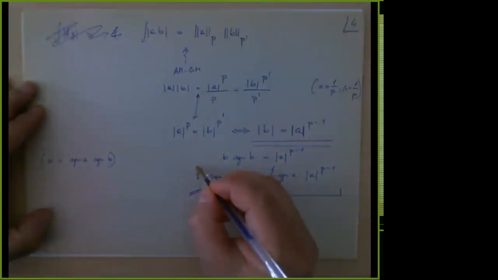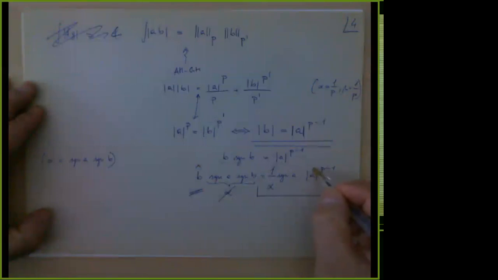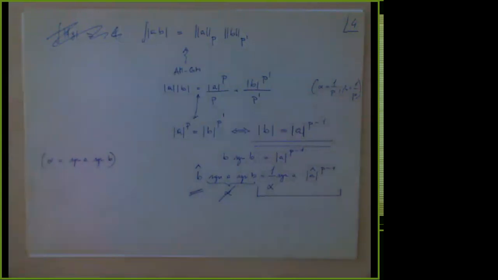In other words, I repeat, if we have this, we have also this: the sign of A and the sign of A hat are the same. Then you write explicitly what B hat is and what A hat is in terms of A and B, and you obtain exactly the same, with a constant that will involve the norms of A and B. Okay, so this is the proof of